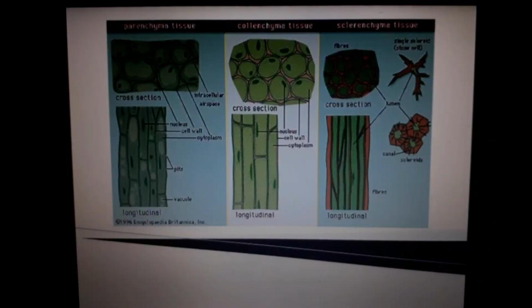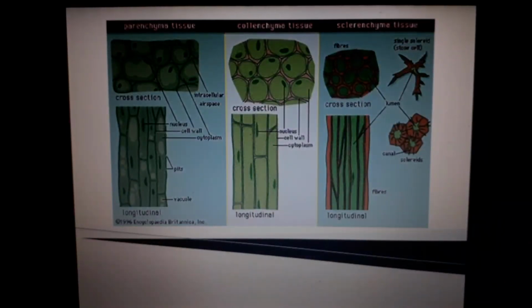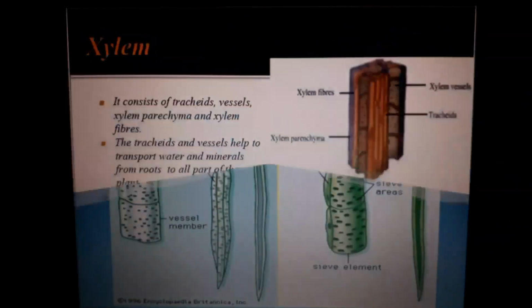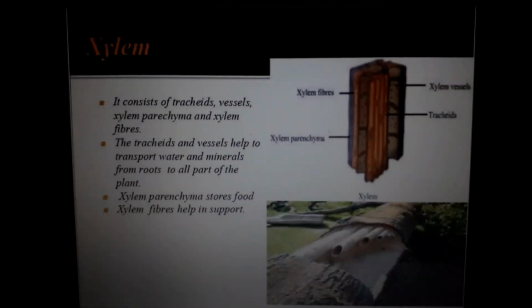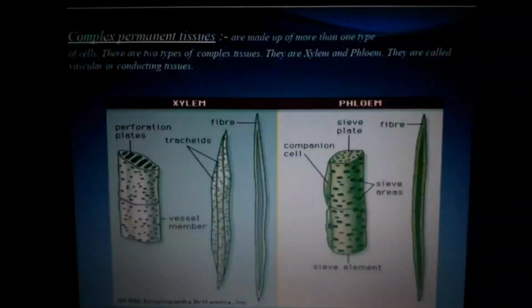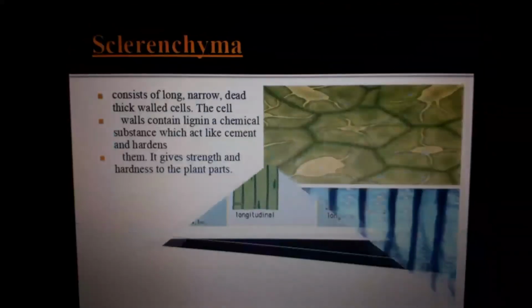Notes here. This is the collenchyma. Mostly it is the same photo. The textbook also has it like that. Just leave that photo. It is difficult. Tomorrow we will study about xylem, phloem and all. After that, plant tissue is finished. Then we will start with animal tissues. So that is about these permanent tissues. Tomorrow we will study about complex permanent tissues and we will end the class.